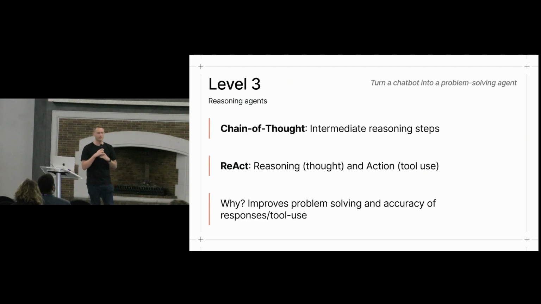All right, next level, reasoning. So again, if you've used ChatGPT, you might have seen it, before it answers a really complicated question, it has a few status messages, and it's thinking, and it's reasoning, and it's going through a bunch of ideas before it answers your question. Try asking it a really difficult philosophical question, and you'll see it churn. So that wasn't possible until about a year ago. Before, it was pure LLM answers. It would just answer directly.